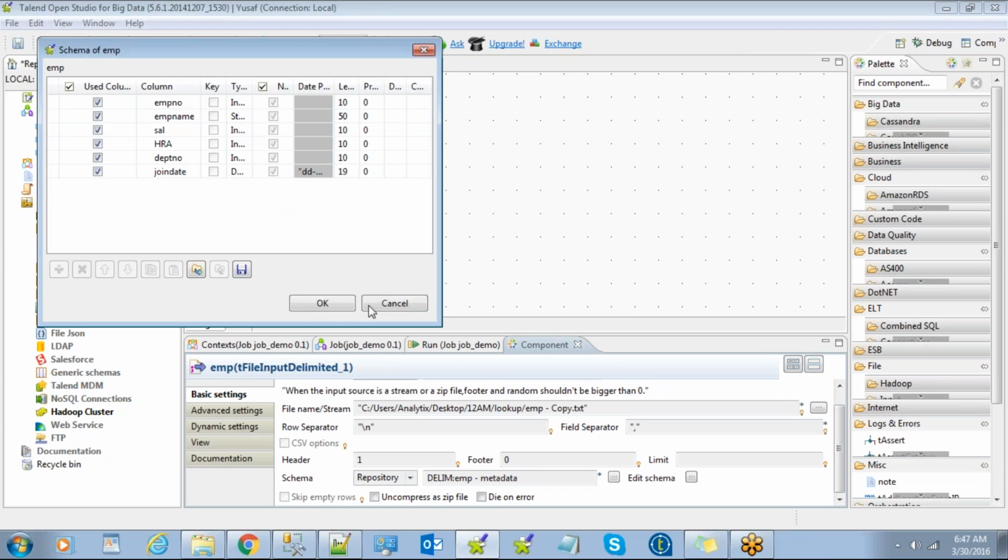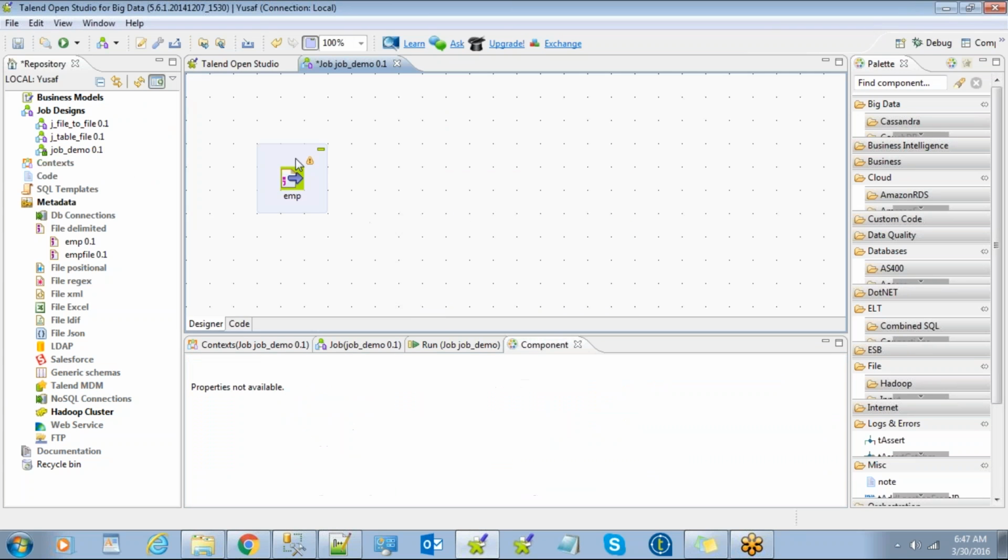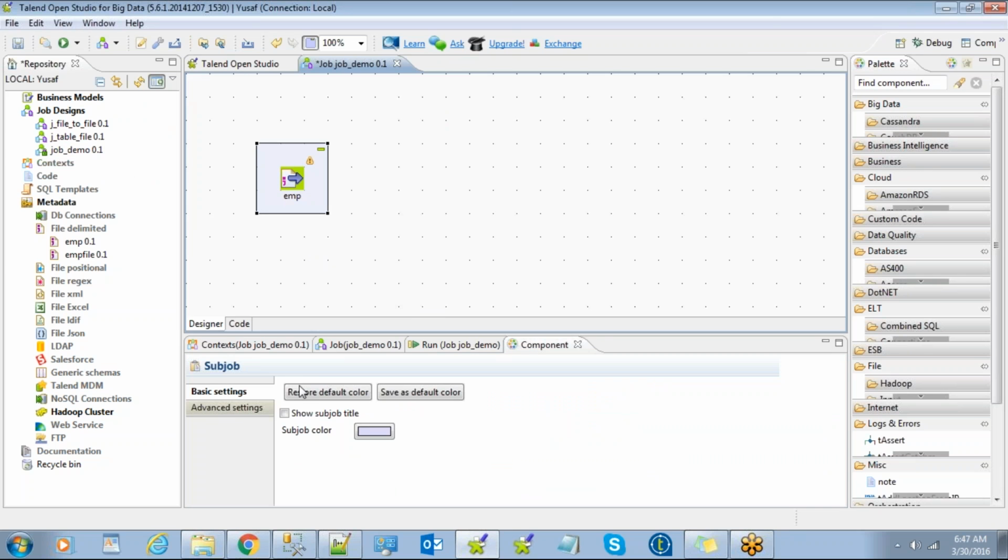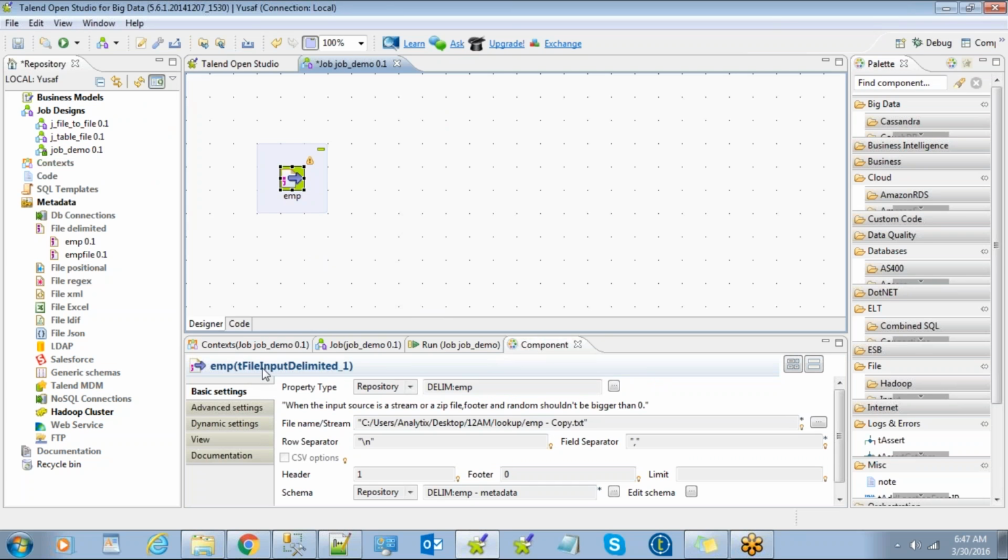You can see the metadata as well. Okay, so this is the file from where I can pull the data. This is the tFileInputDelimiter component. The component name is tFileInputDelimiter. Basically, the component names in Talend will start with T,